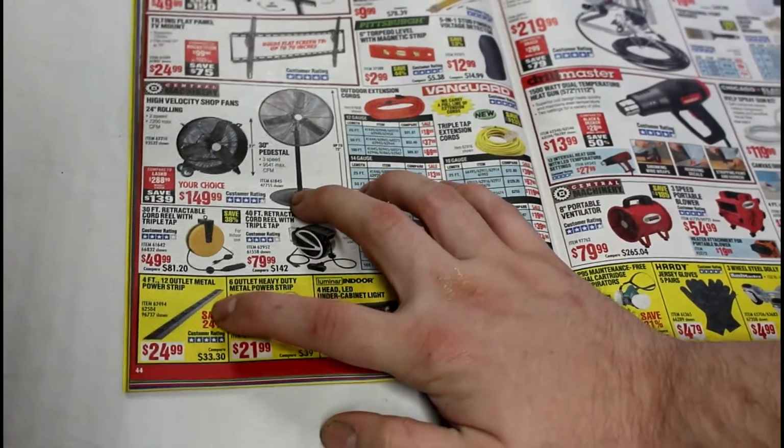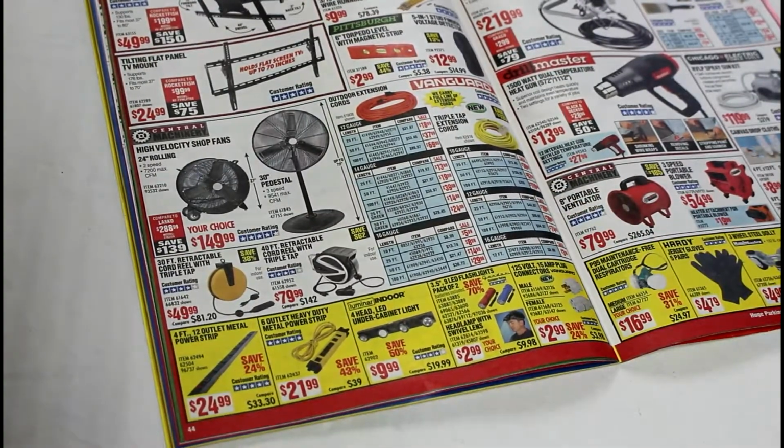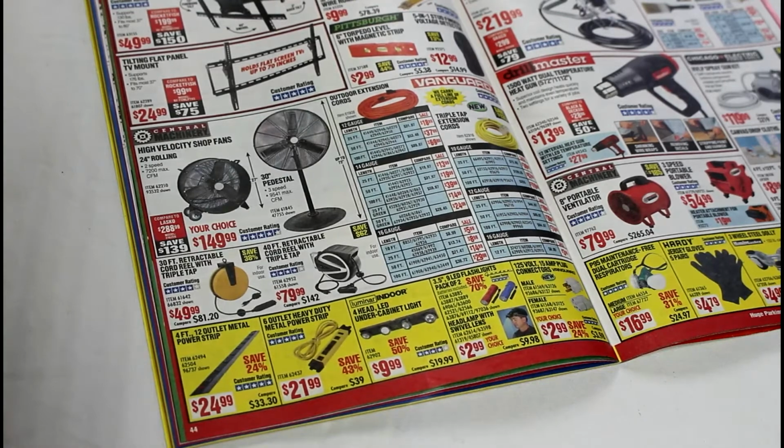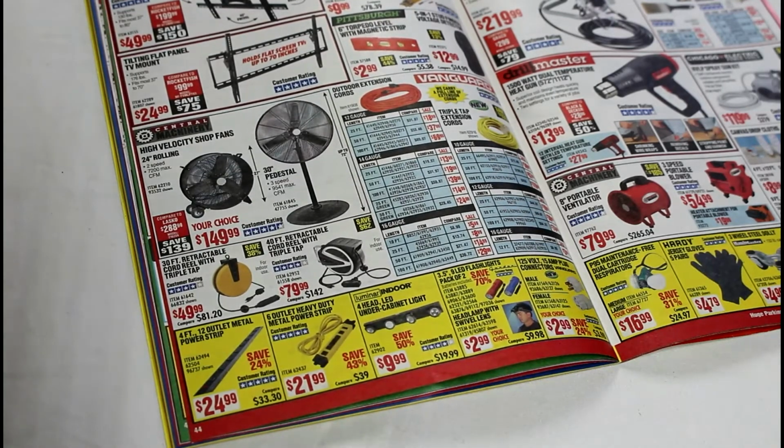These 4-foot 12 outlet metal power strips. I actually have 3 of them, and I need a few more. I feel like they're really good quality, and I definitely will be getting more. Like I was just saying,